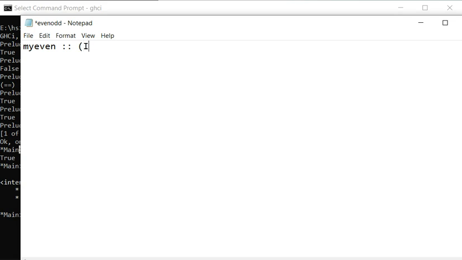So I'm again going to make use of Integral here, Integral a, and now a is an input. This program is going to take only one number as an input and check its polarity, even or odd, and then return a boolean value. If it's even, then it will return true. If it's odd, then it will return false. So we know that myeven,